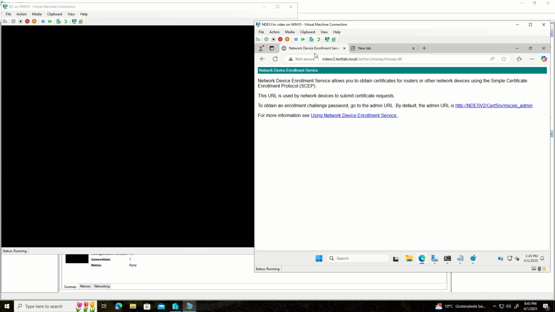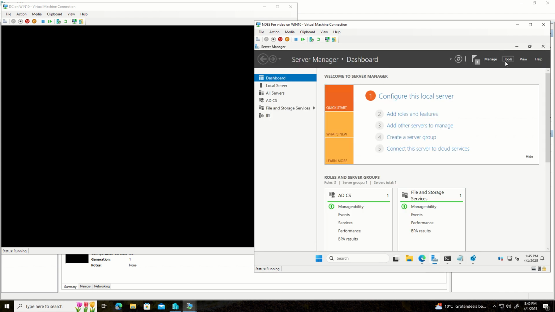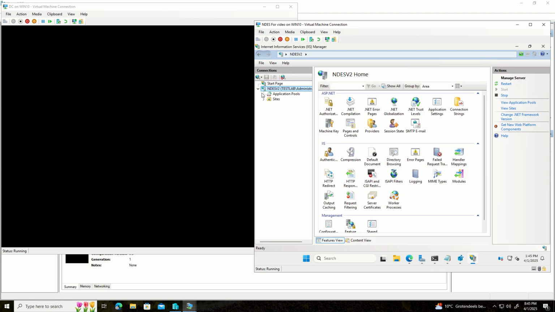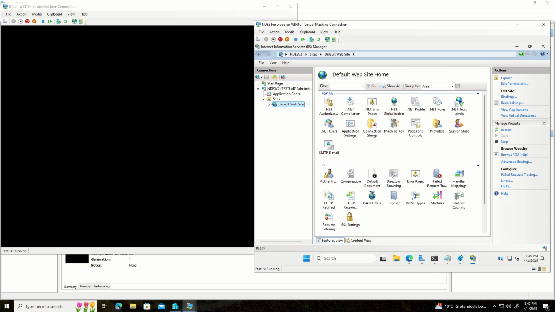Right, this is the expected window. So this is what you expect if everything is working good so far. So next we're gonna have to configure the NDES. So for that we're gonna go here and we're gonna bring up this guy, and this guy will have our service here. What we need to check, select this guy here, and first we need to go to request